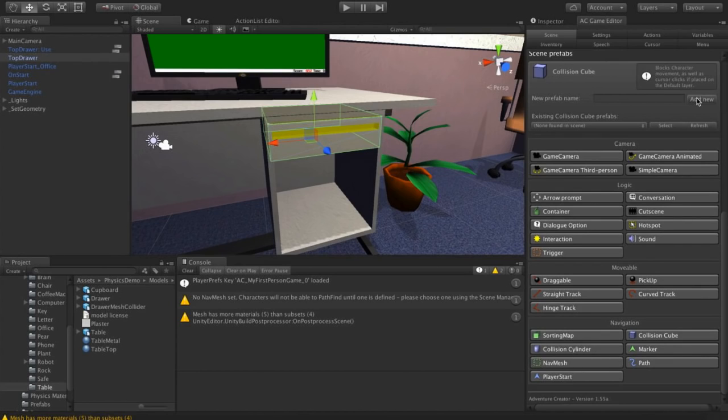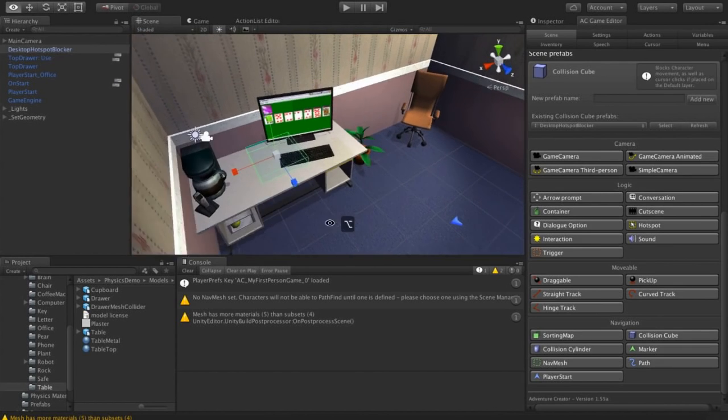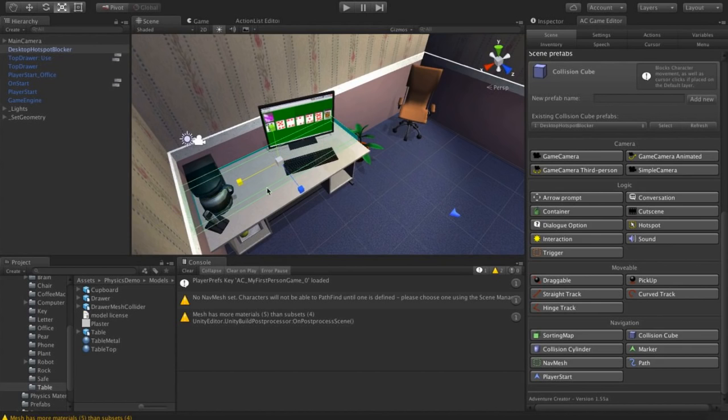I'm going to make a new collision cube, and I'm going to call this desktop hotspot blocker, which is a bit of a mouthful, but anyway, I'll position it so that it's covering the top of the desk. Reduce the scale in the y-axis, increase in the x and z.